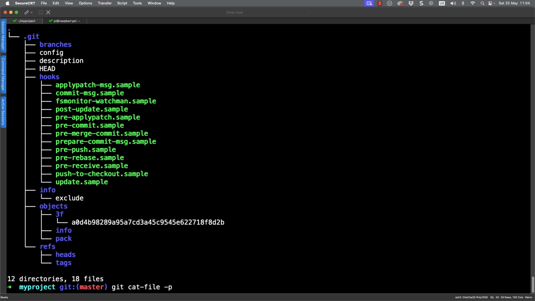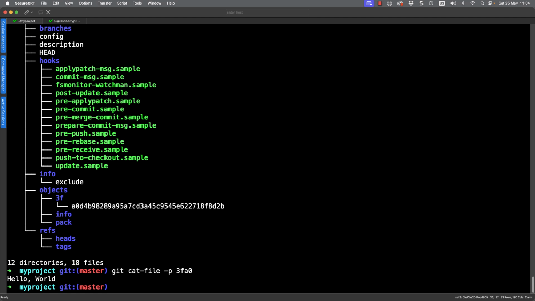If I use git cat-file -p, so we can print information about it, so we can print the contents of the file. And I can look at 3f, don't forget to include the directory name, that's part of the hash, but I don't need the whole hash. I only need the first 4 characters. And I can see there that we've got then our content of hello world.